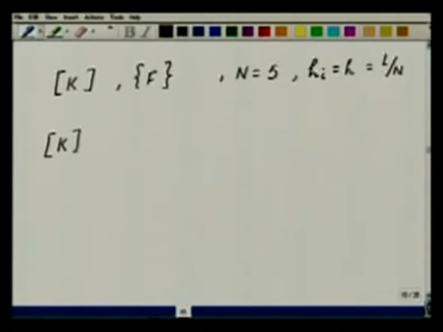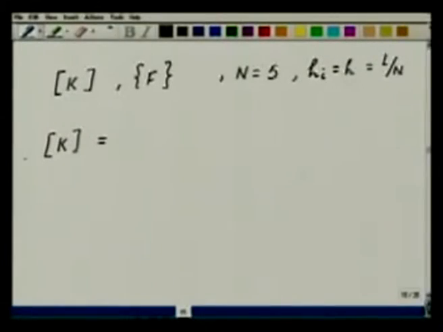So for this particular case, for the choice of the EA and F that we have taken, can we form the global stiffness matrix? So what do we do? We first make all the entries. So the global stiffness matrix will be of size 6 by 6 or n plus 1 by n plus 1. So we are first going to make all the entries of this global stiffness matrix 0. This process is called initialization. That is, I set the values to 0. Then I start looping over the elements.